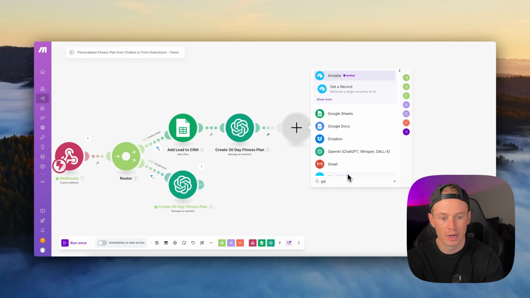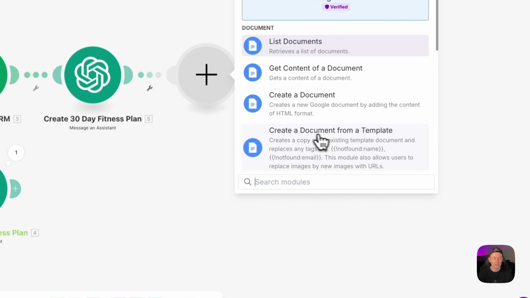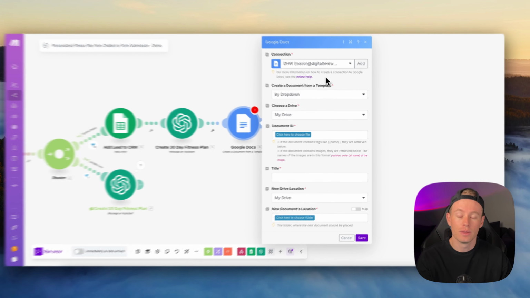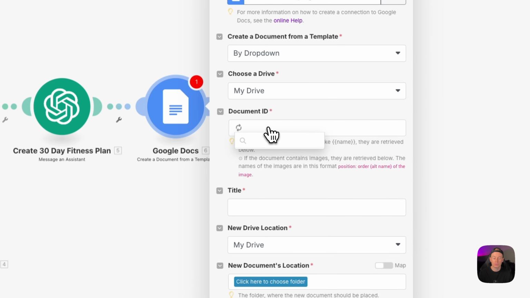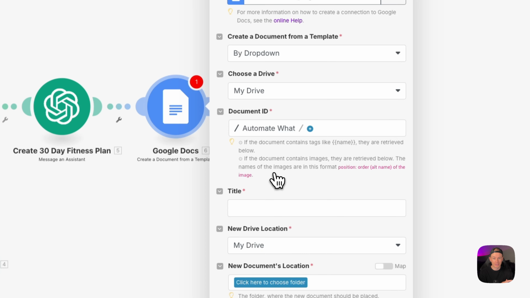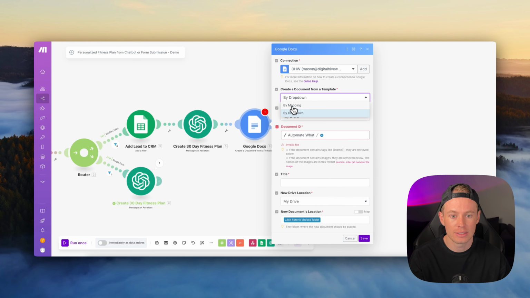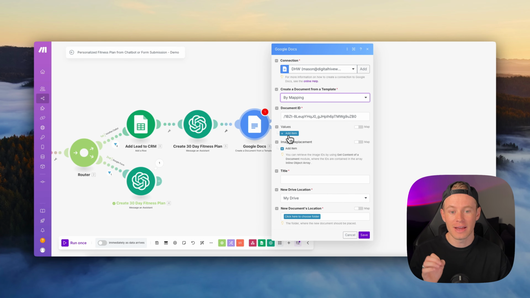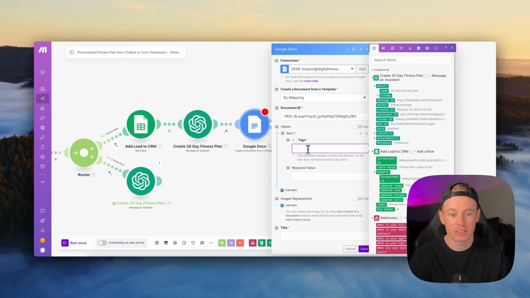So we're going to add a Google Doc in make.com. We're going to create a document from a template, and then select by dropdown. This is just easiest right here. We choose the file path and select all of the folders until we get to the actual template, which is nested in a bunch of folders. I do it this way because if we do it by mapping, we have to add the values all manually. So tags, we have to add